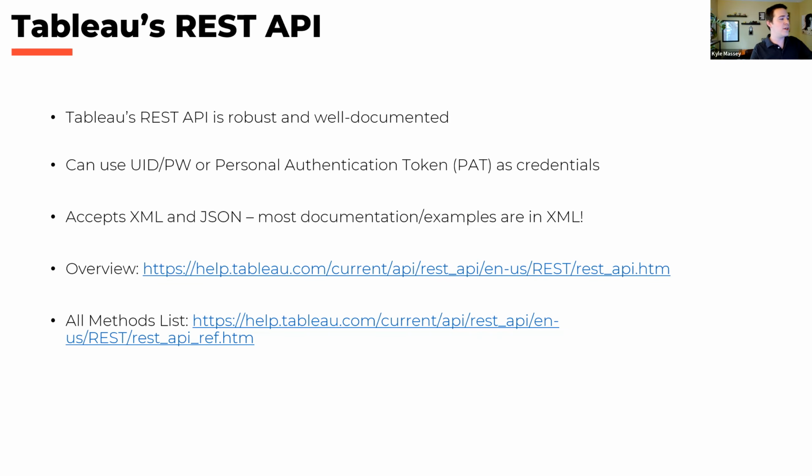But there are some things to know here, a couple good links. And one thing I will say, Brandy, you were saying your experience with APIs is a mixed bag because they're all different and sometimes they're not documented very well. So you just got to throw stuff at the wall and hope you get the response you want. I will say that Tableau's REST API is extremely well documented, and it helps a lot when you're trying to dig in and learn new things. They've got an example for just about everything. So I would definitely recommend clicking on this documentation if you're interested and having it guide you with what you want to try and figure out.